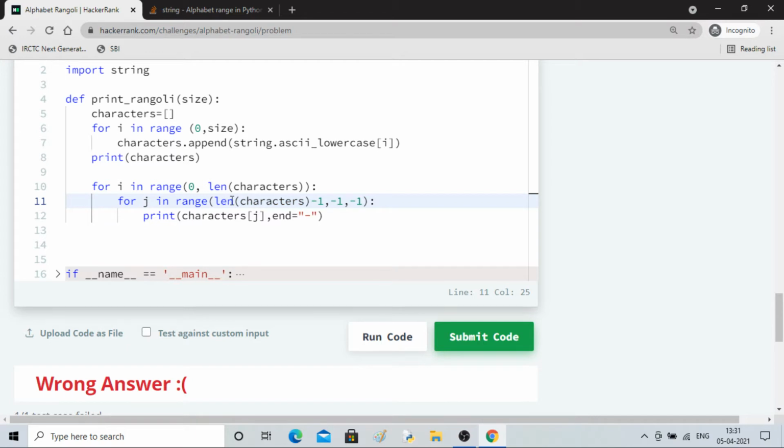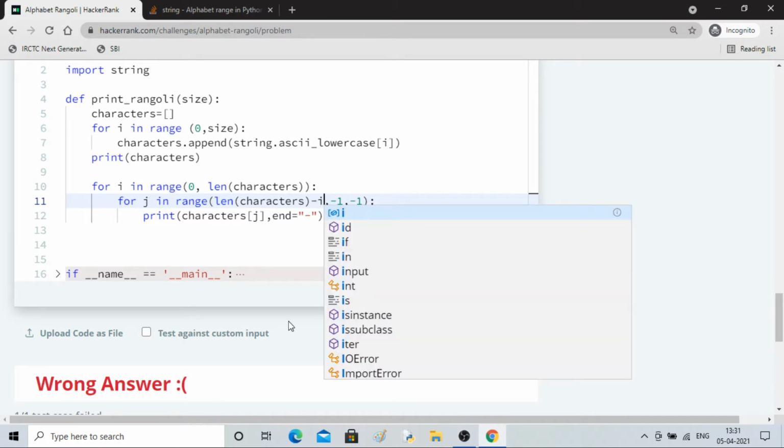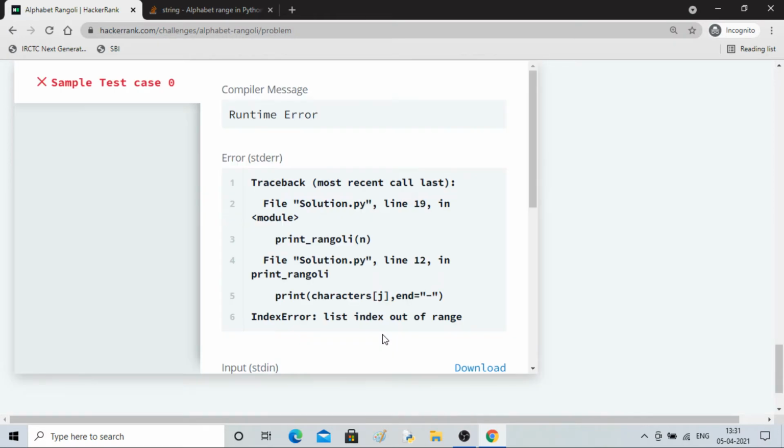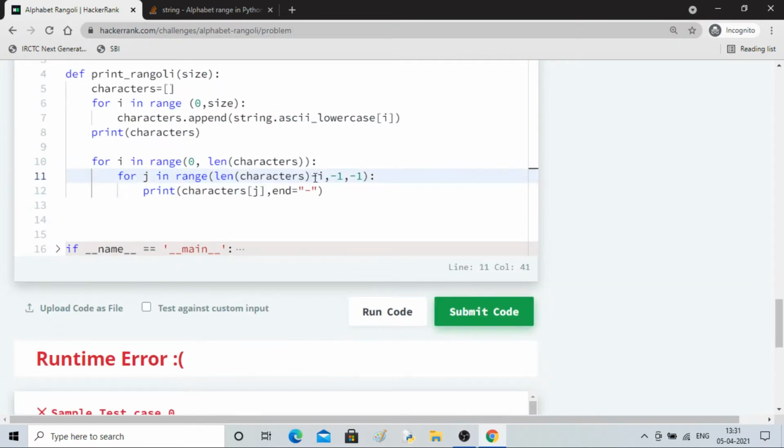So instead of 1, I'll put, let's say, i. Okay, it will be out of range, so minus 1 and minus i.